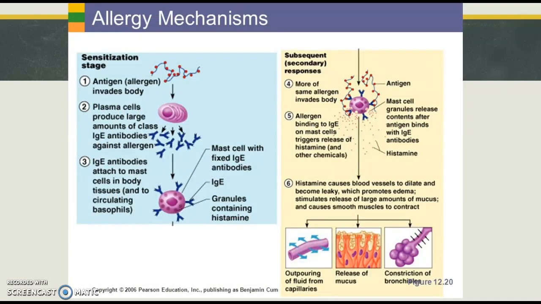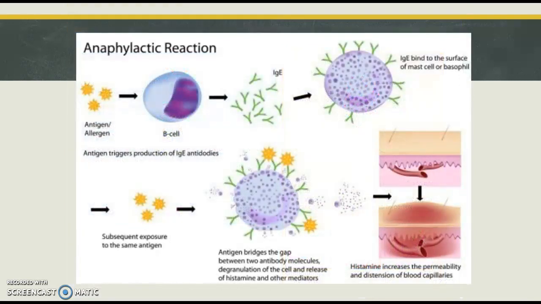So allergy mechanisms: we come into contact with an allergen, and then we have these things called mast cells and basophils, which are types of white blood cells that are just going to release a ton of histamine. And histamine is one of those things that causes the annoying runny eyes, the runny nose, the itchy eyes. Super annoying. And here's anaphylactic shock. So this is when we have such swelling now in that area caused by histamine that